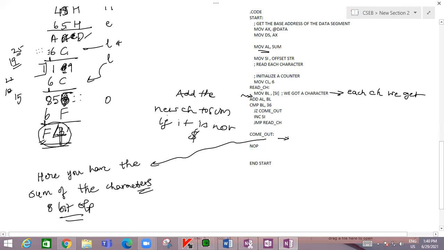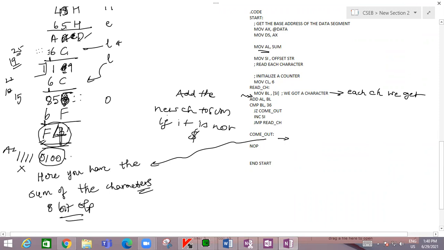So now what you have to do is right shift. Let us say what we have: F4. F4 means 1, 1, 1, 1, 0, 1, 0, 0. This is what is there in your AL register. What you want is only the lower bits; you want to nullify the upper ones.